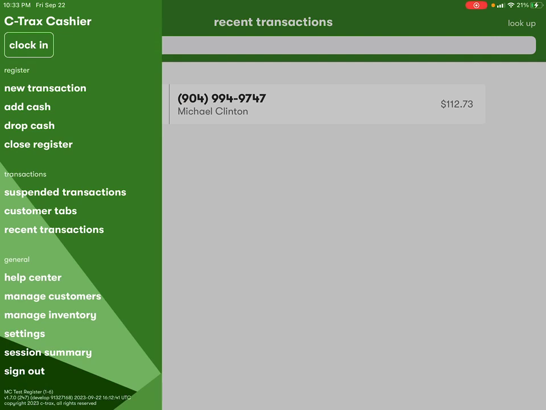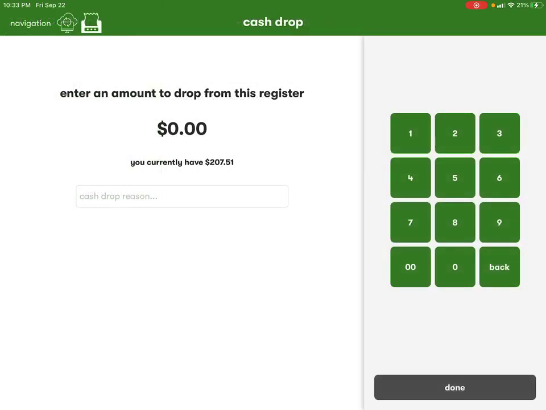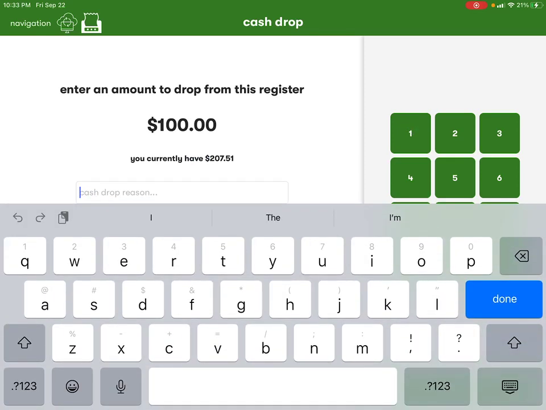Now, let's say I've done a few sales through the day and I've got a lot of cash in the drawer and I need to get it out of there, right? Quickest way is drop cash. Says I have 200 in the drawer and we're gonna drop $100. And we always recommend add a reason. Too much cash, done,